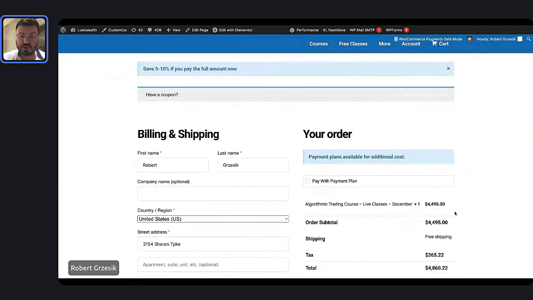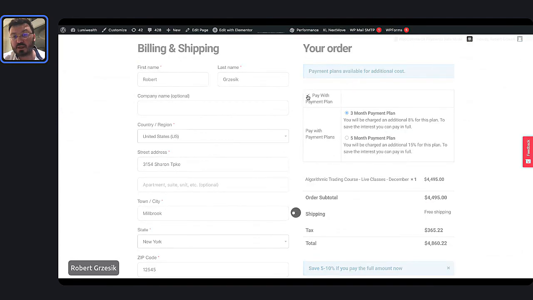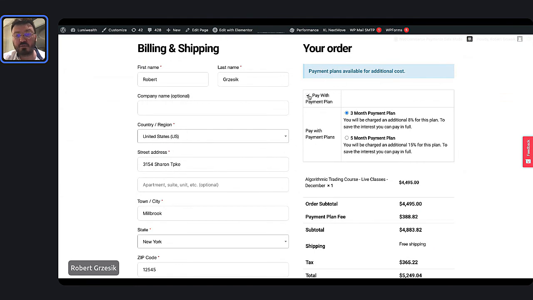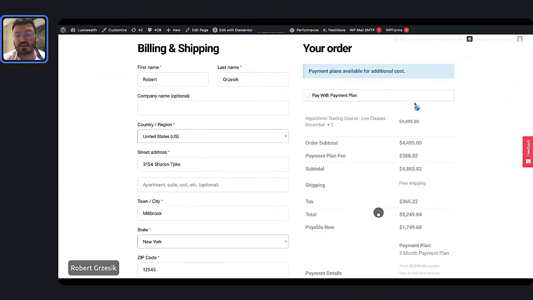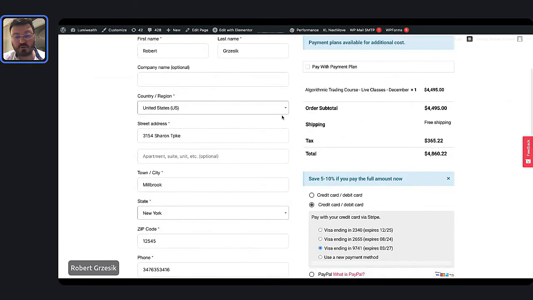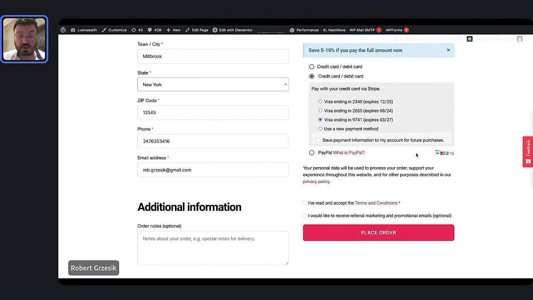All right, so just to show you what it looks like. If you want to use the payment plan, you can click on that here. This is what will start that payment plan, and then you can pick 3 or 5 months, right? If you want to pay in full, you don't need to check that off, and this is how you're able to pay in full, okay? Either way, you're going to fill out your credit card information and check out this way. You could pay with PayPal, or you can pay using regular credit cards, right?